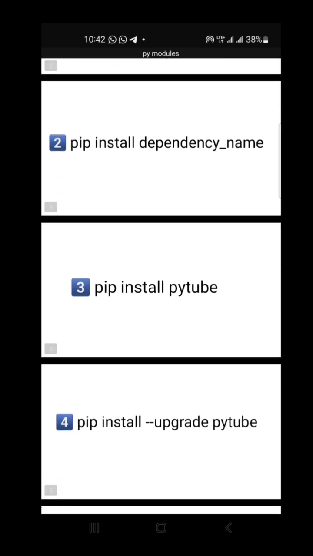So I'll talk about Python modules and commands. There is a detailed explanation of Python modules and commands. One of the modules that we have in Python is tkinter. It is a built-in module in Python called tkinter, which is used for creating GUI applications, that is, graphical user interface. Okay, and another module or command is pip